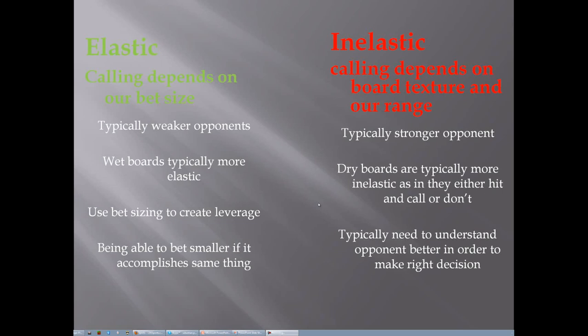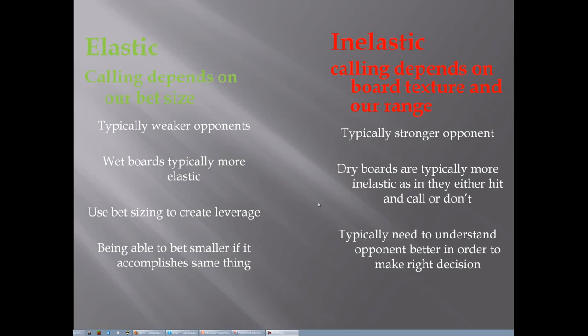Now, if our opponent's calling range is inelastic, typically, stronger opponents' calling ranges tend to be more inelastic. The reason being is these opponents hand read much better, and they're playing the texture as it relates to our range. So, like we used in the earlier example, if a player is calling us in position and they know a board doesn't hit our range, they're going to be calling with a lot more ace-high hands. They're going to be calling with weaker hands because they don't feel that the board is hitting our range, and they're going to be looking for spots to take it away on the turn.